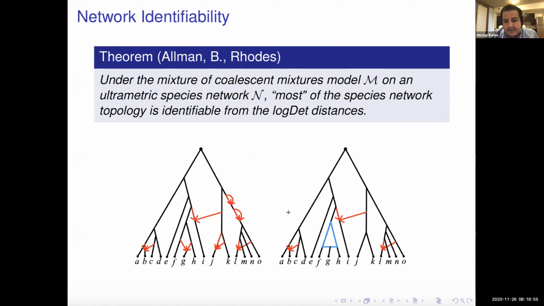And this network is almost this network, but we lose cycles of size 2. Those ones are lost. Cycles of size 3, like this one, are lost too. And on cycles of size 4, we don't know which one is the hybrid node. Here it was G, but in this case, we're not able to tell. Now, small cycles, I am not that bummed out that we lose them, because in terms of the competing signals in hybridization, they don't tell you a lot. It's just a speciation event and then hybridization.